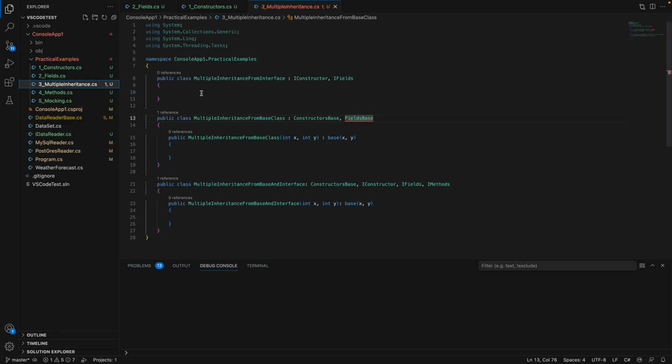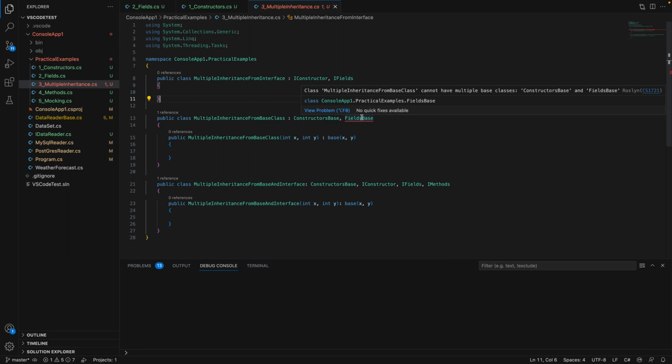But unlike the first example up here, this is actually coming up with an error. And the error is that the class cannot have multiple base classes. So you cannot inherit from multiple base classes at the same time in C#. And I think that this is true for most object-oriented languages nowadays. Some of the older ones like C++, I hear, will allow it, but it does come with its own set of problems. But in C#, and I think most other languages nowadays probably will follow this rule, you can only